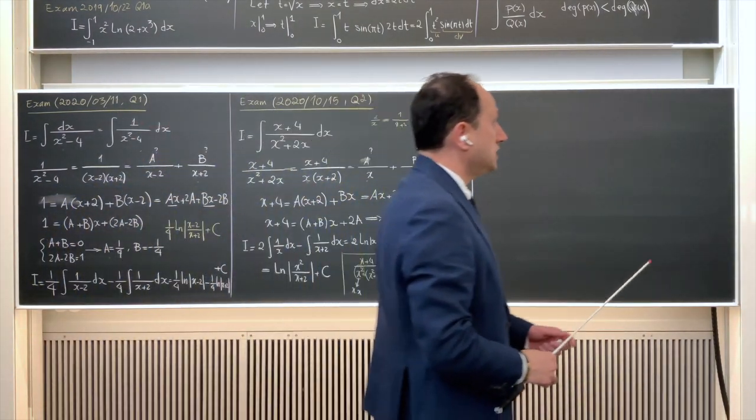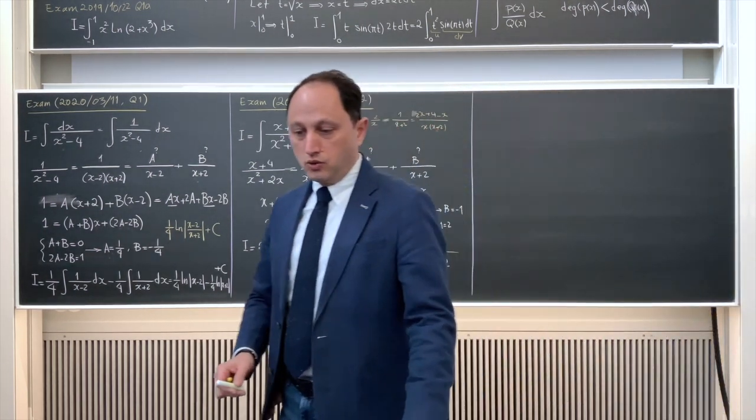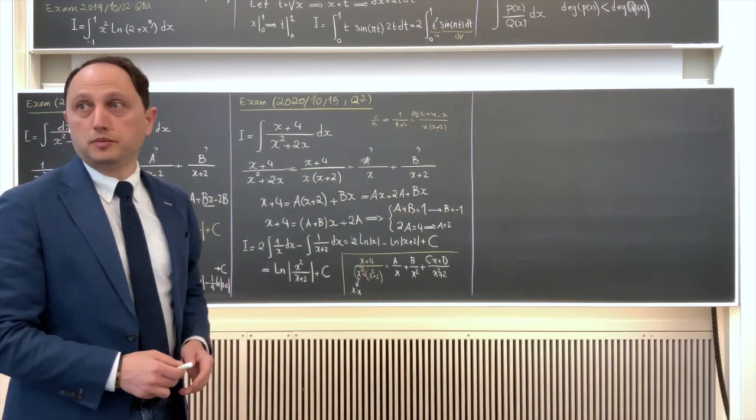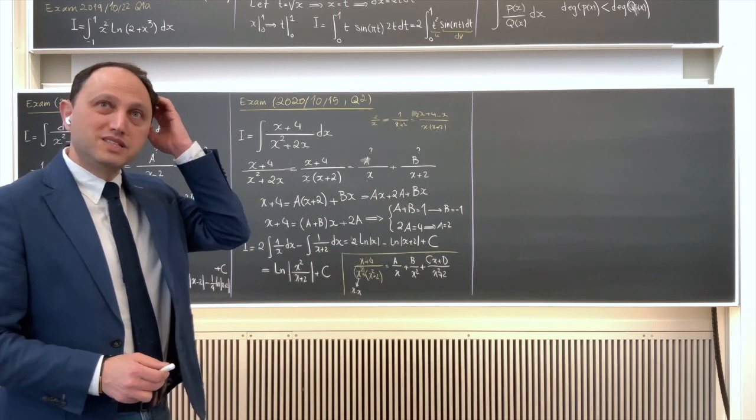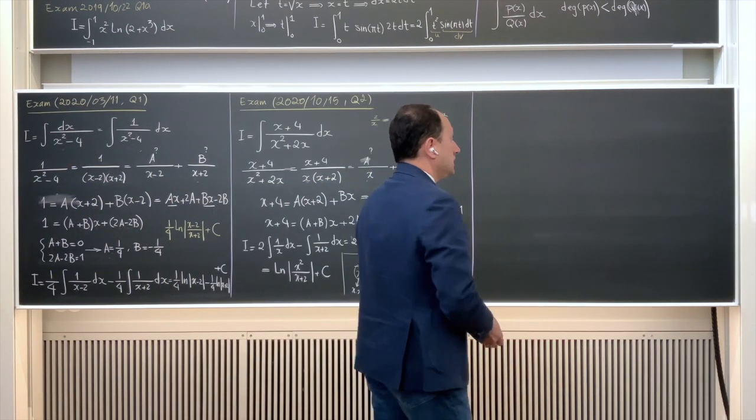Yes, because the next one is the first type of example where you see the degree of the numerator is larger than the degree of the denominator. And then you have to use the long division method or any other method that you can reduce that problem to a problem of this type. But the long division method is the best way to do that. Okay, so this is an exam question